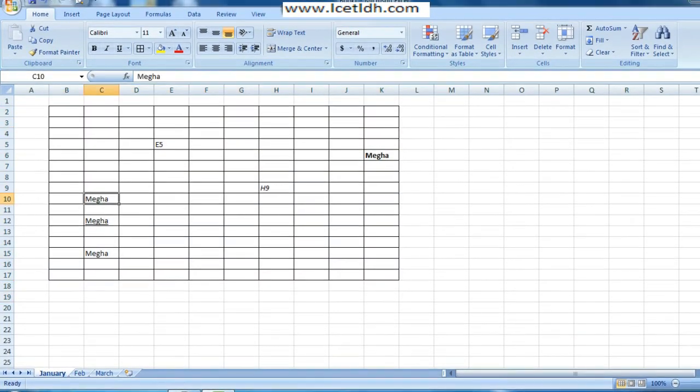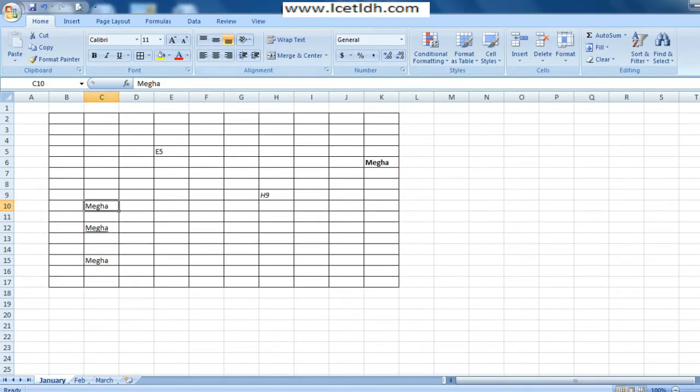Let's say now I want to move this particular text to the right side. I'll simply choose this option. If I want to move it to the center, I can choose this option. Now there are 3 more options included: top align, center align and middle align. What does it mean? Suppose